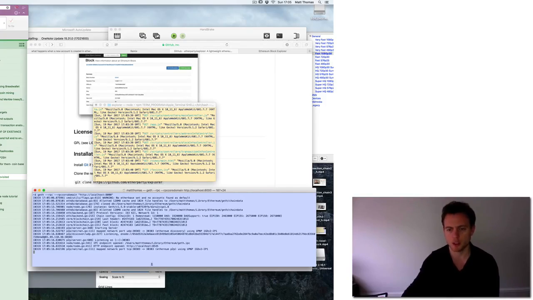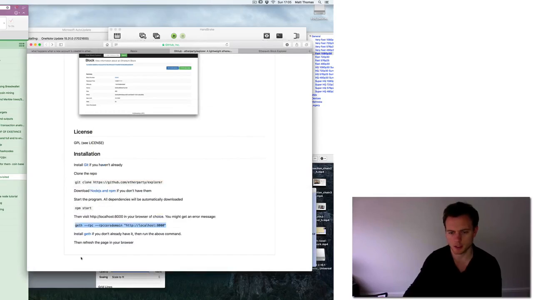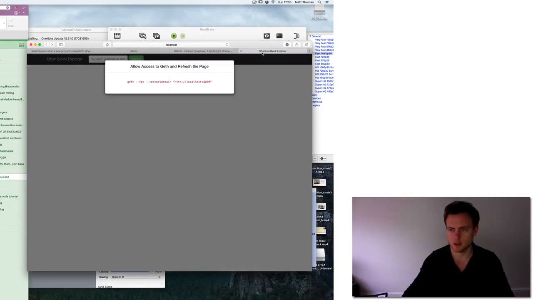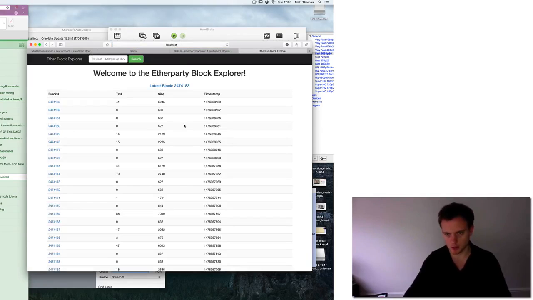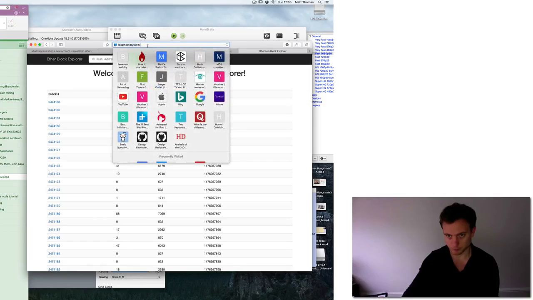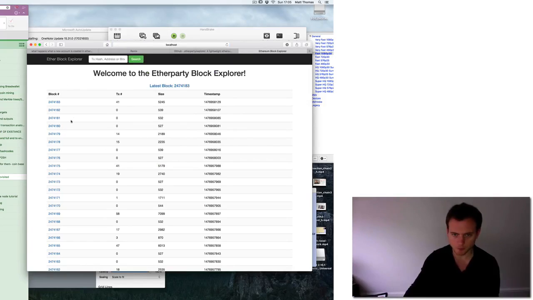But just to show you it working, if we go to the browser now, as it says, you can go to your browser and just visit this URL. So if we take this URL like this and go up to here, what we can see, and this is really cool, this is a local application. This is using the code that I've just downloaded, and we can see this is the live Ethereum